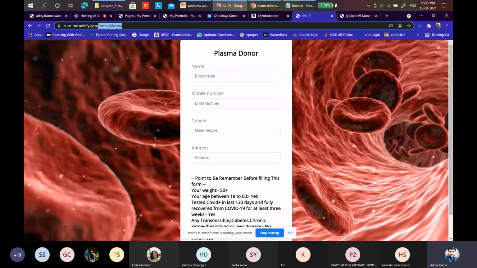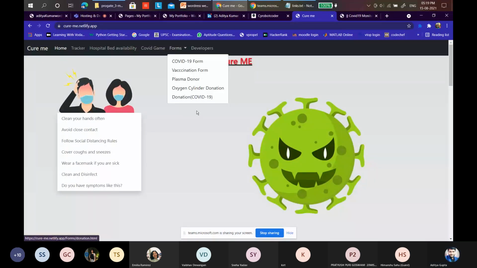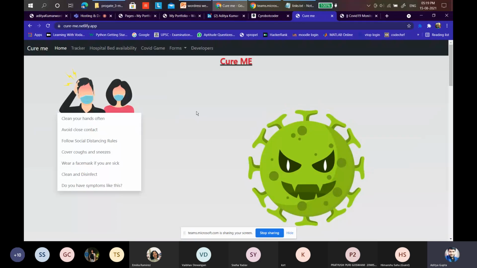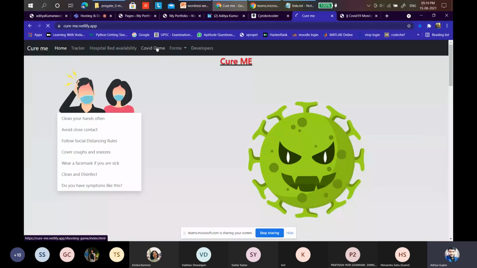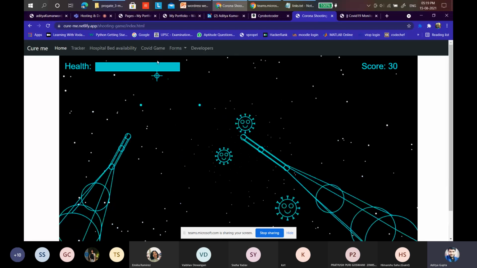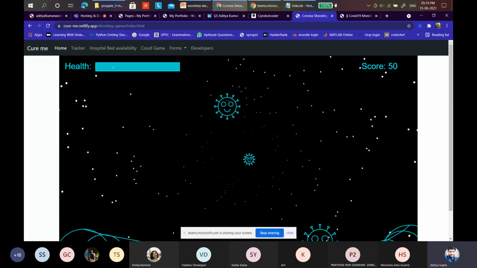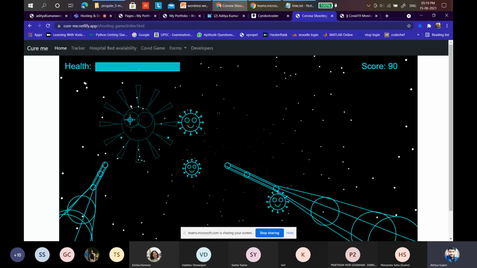to show you more. So we just integrated all the forms in one place, and the blast we did in this is making a game. Yeah, you heard it correct. We make a game by using some JavaScript like this. It's really a good game, no? I used to play games like this, killing bacteria by using a gun.